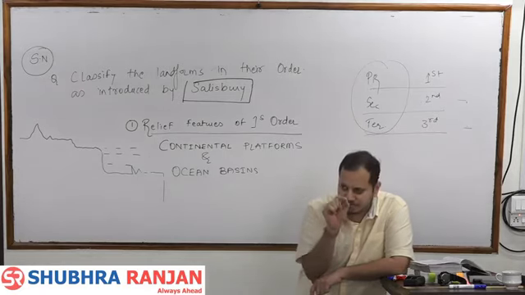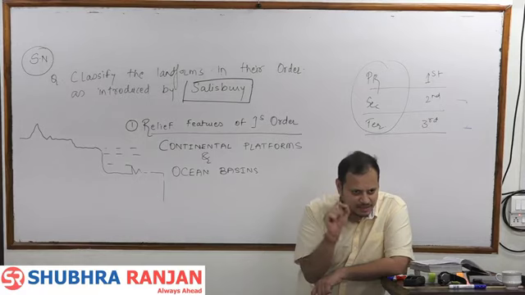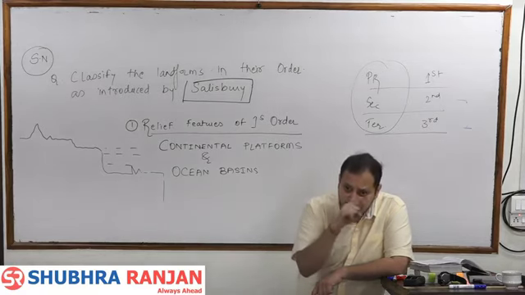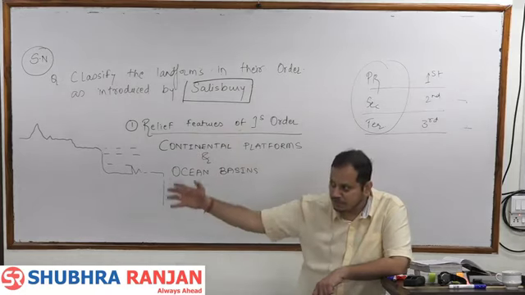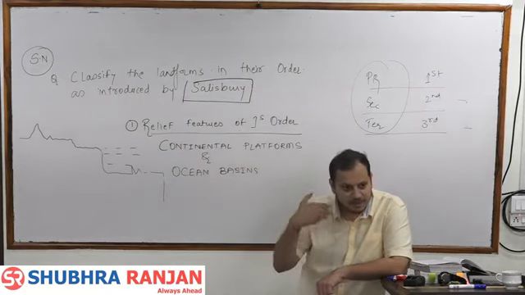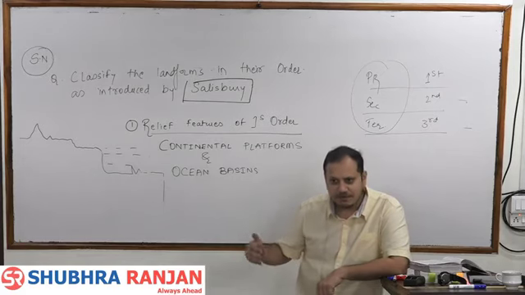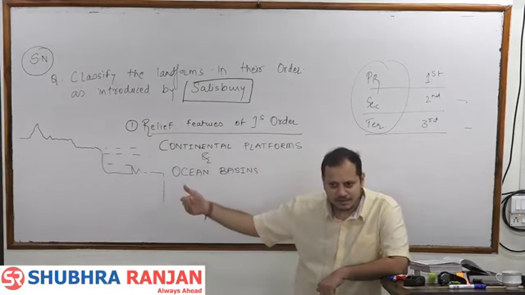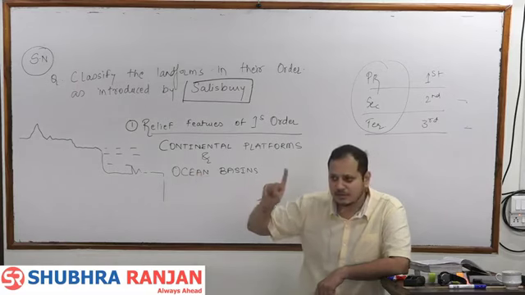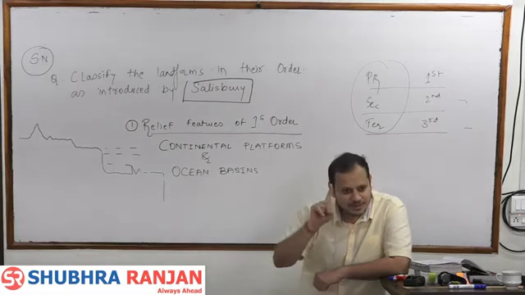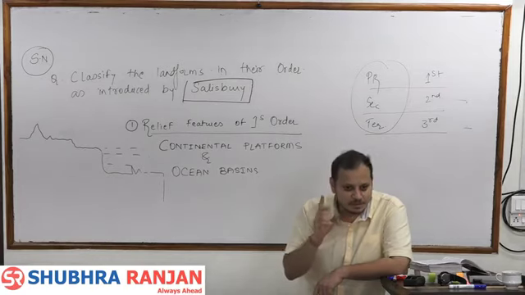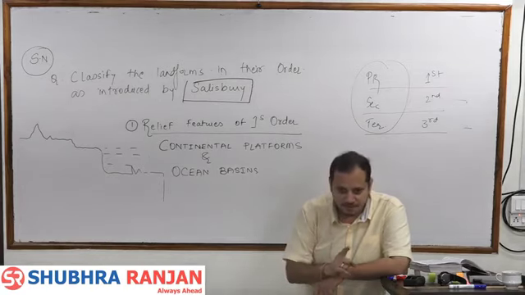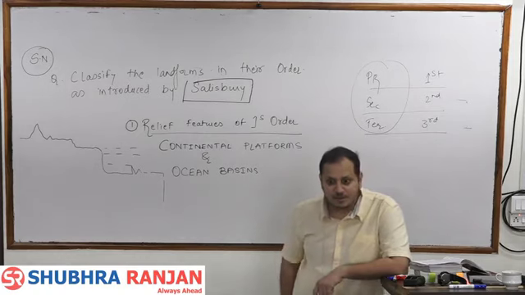What does this statement mean? Location, etc. The ocean crust has been more or less the same. The only thing is, once upon a time there was only one ocean, Panthalassa. Then it became the Atlantic Ocean, Pacific Ocean, and after 250 million years, as we saw yesterday in the animation, there will again be only one ocean. But oceanic crust will be there only. Land will be there. Only shapes will change. So these are the first order relief features. Getting it? Do we have an example of a first order relief feature in India? Only in India?